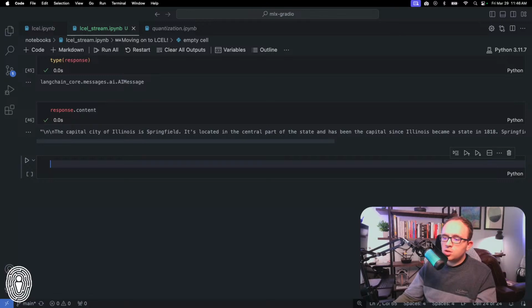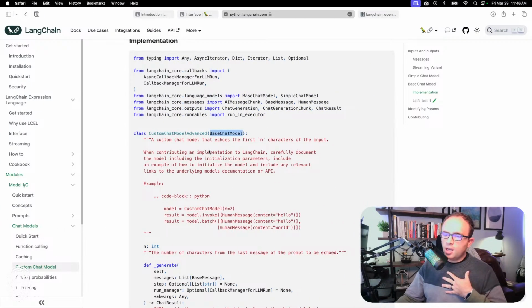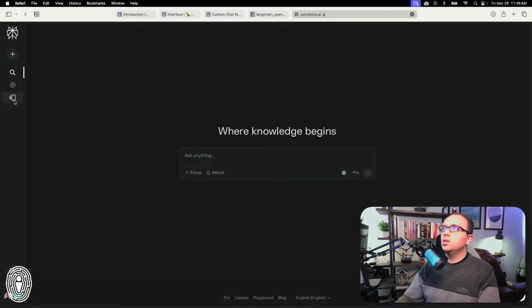All right, so now let's show the real value in doing these things, because now I want to show how you can very quickly iterate through individual models using this framework. I'm going to have 3 models going. We've already shown 2 of them. The second one I want to show is, so I'm a Perplexity AI Pro user. And one of the very cool things about Perplexity AI is that we can,